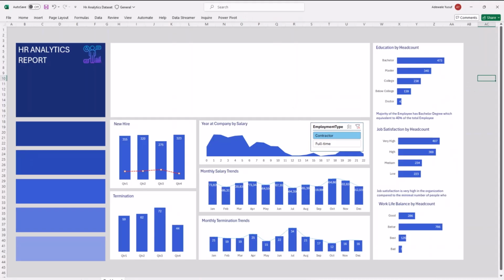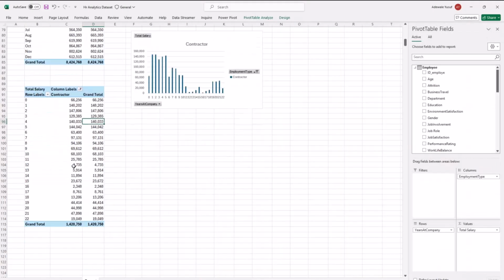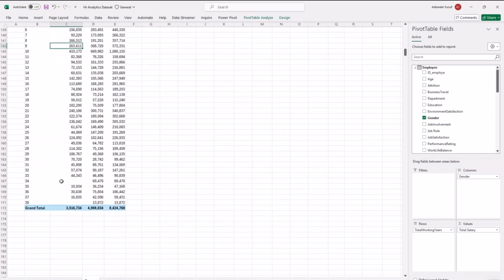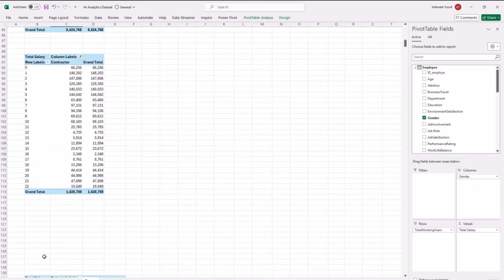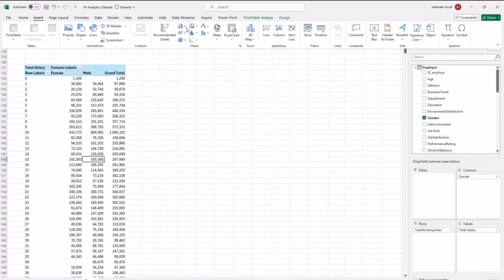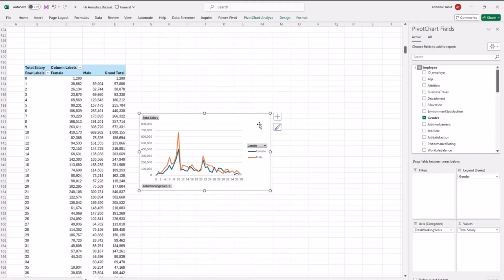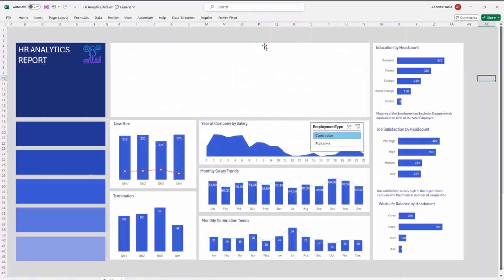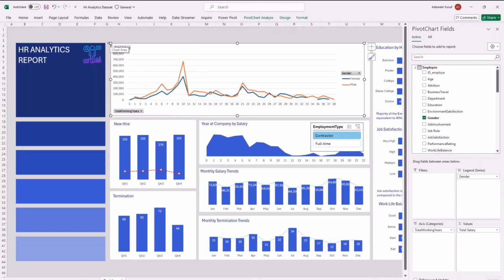So the next report I want to create is, I think I just created this one now. I think I have one more here, down here. So let me delete this guy. It's not useful again. Okay, so this one, I'm going to make this one a line chart. So I'll just go to here, select this one and select line chart and just copy, paste to my dashboard and then drag it like this. Just drag it like this.